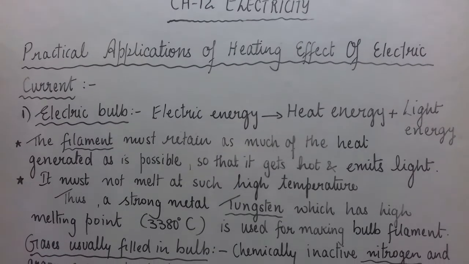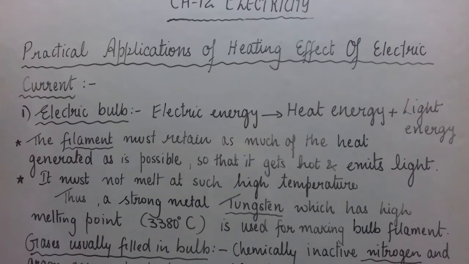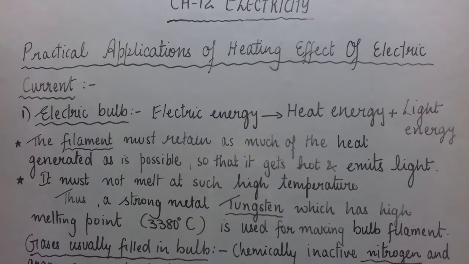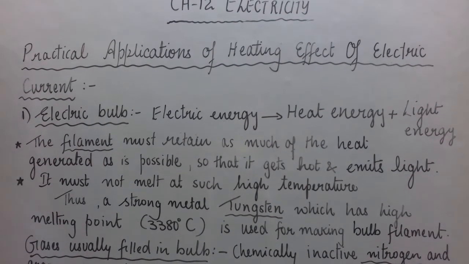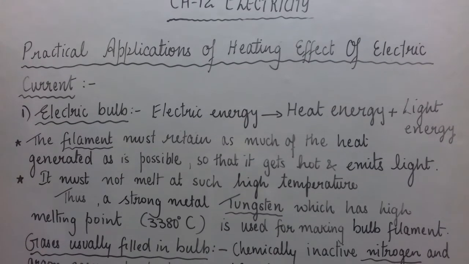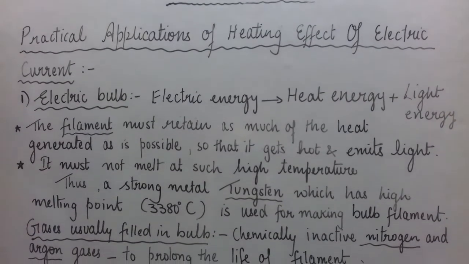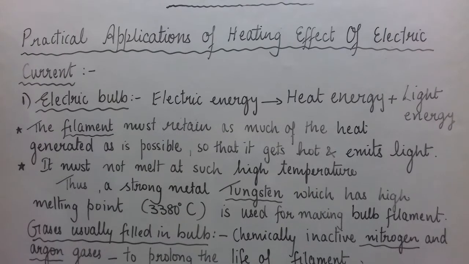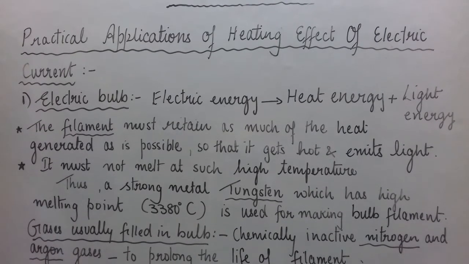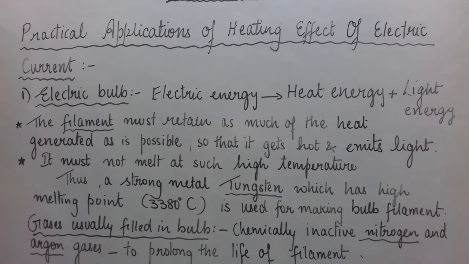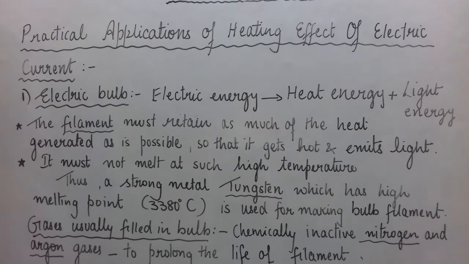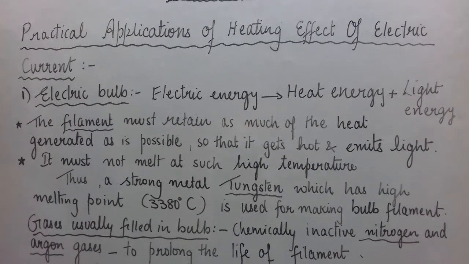In any electric circuit, the energy which is supplied to the circuit by the cell or the battery is used in part to do some useful work, and the rest goes wasted in the form of heat, because the rest gets converted into heat, which is undesirable in most cases. Hence, where it is undesirable, it is considered to be wastage of energy.